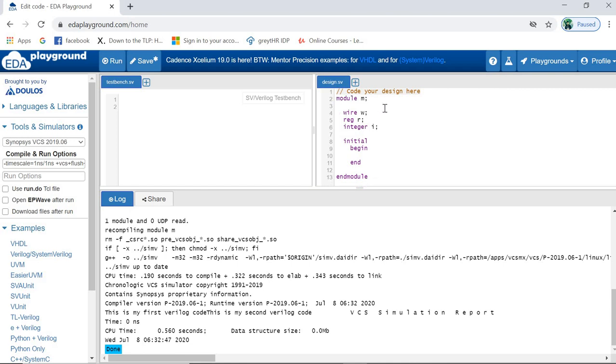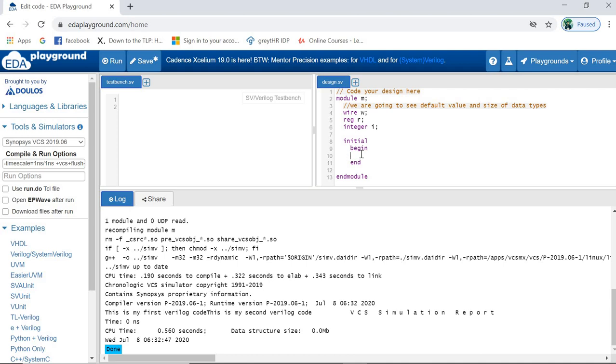What we are going to do is see the default value and size of data types. This will work for SystemVerilog and Verilog also. Whatever data types are there, if you write the same code, you can get the value and size of that data type.